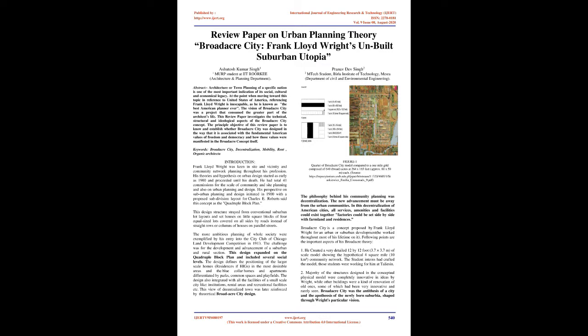The more ambitious planning of whole societies was exemplified by his entry into the City Club of Chicago land development competition in 1913. The challenge was for the development and advancement of a suburban and rural section. This design expanded on the quadruple block plan and included several social levels. The design defines the positioning of the larger-scale homes, residences, in the most desirable areas,